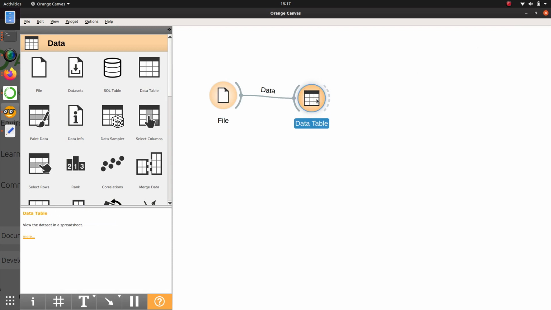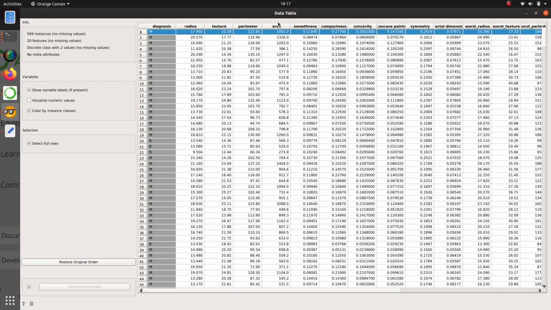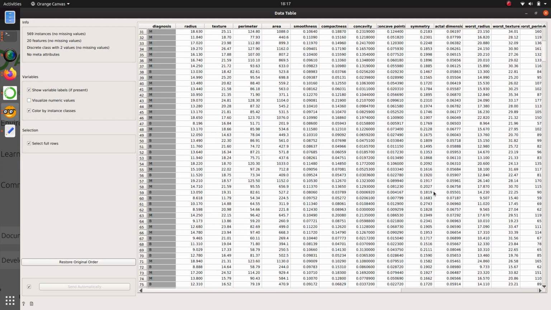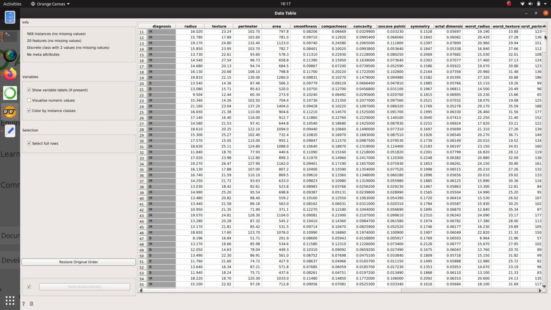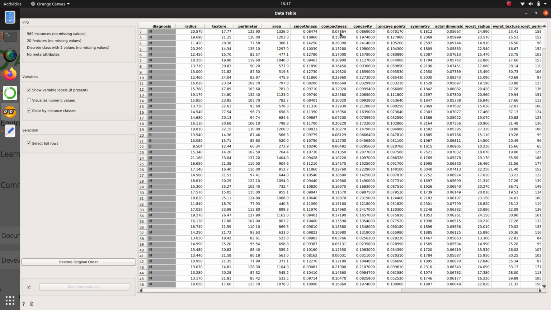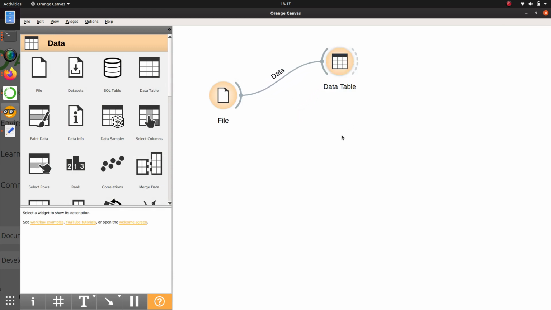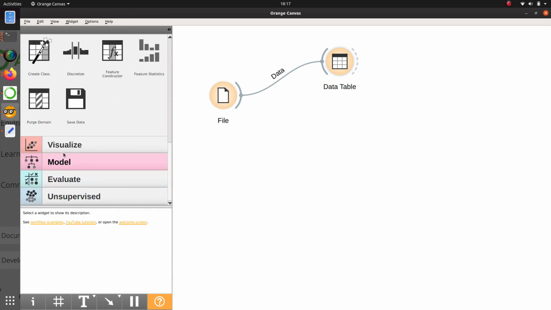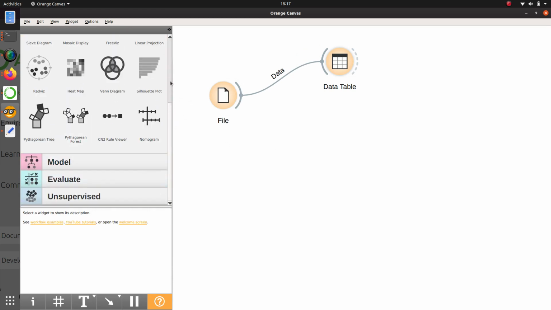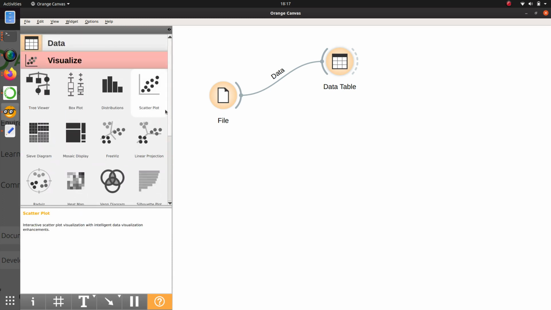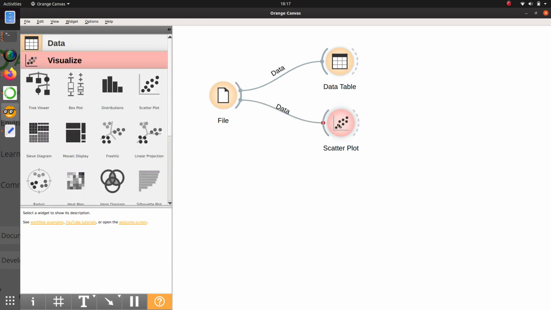So if you do this, the first thing I want you to do is click on data table and explore a bit the different data and see that there's a different range and what the features mean and so on. All that is called data exploration. Data exploration is quite important for you to understand the data before you actually start predicting something. So you can also visualize, for example, a two-dimensional feature space by creating a scatter plot and distributions,